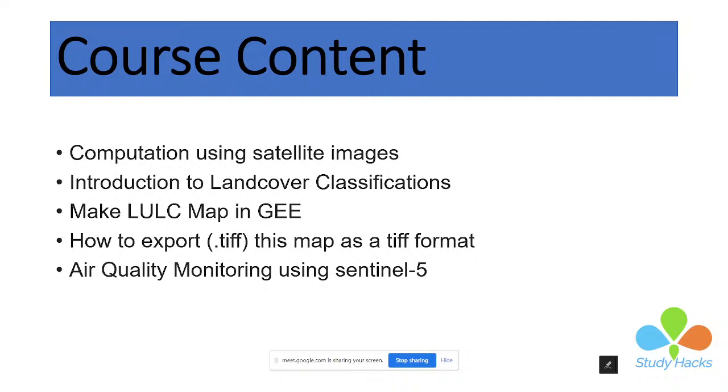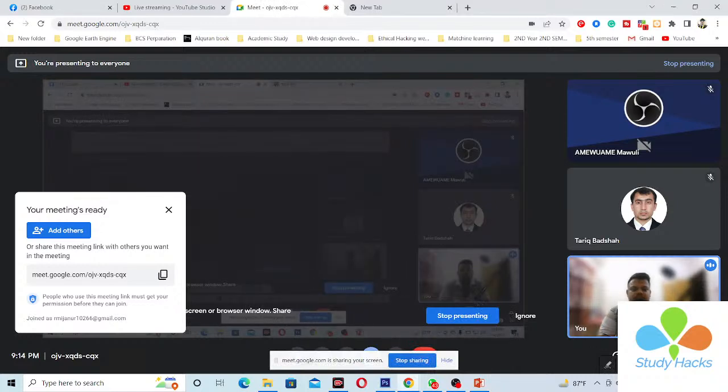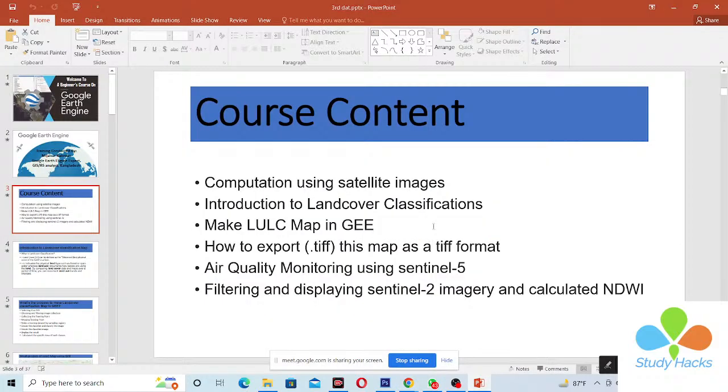Then I also try to discuss air quality monitoring. So mainly in this part I discuss the different types of air quality parameters, such as sulfur dioxide, nitrogen dioxide or other things. Okay, so we will try to discuss all of the things, and then finally we can talk about how we can easily filter and display the Sentinel-2 imagery and calculate the NDWI. Okay, so mainly NDWI, how we can easily calculate the NDWI, we also try to discuss this. Okay, so first of all,